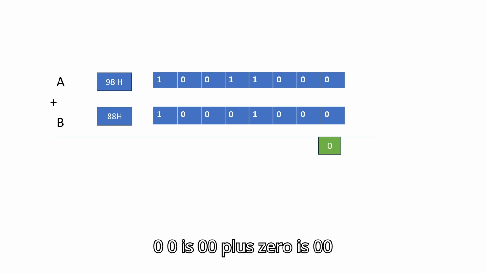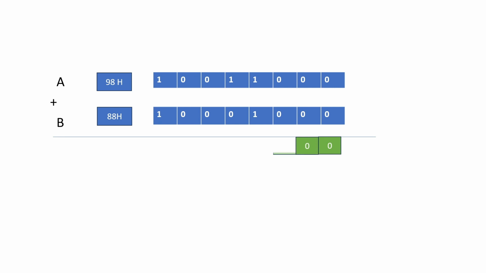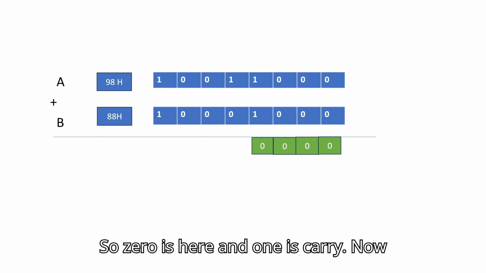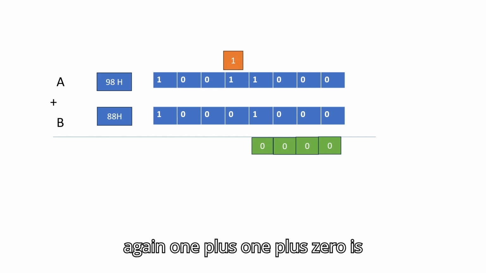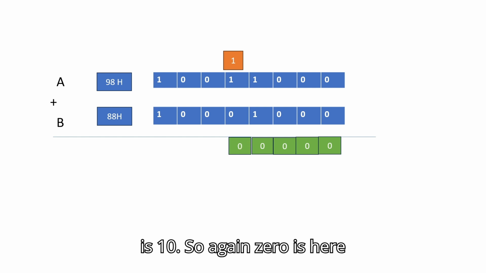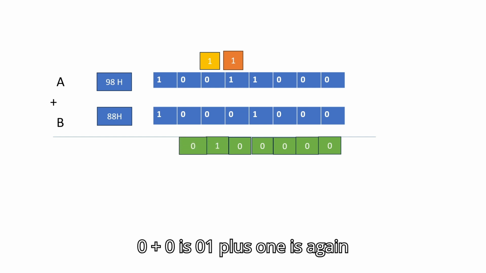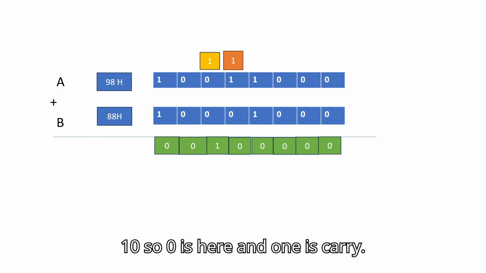0 plus 0 is 0, 0 plus 0 is 0, 0 plus 0 is 0, 1 plus 1 is 10, so 0 is here and 1 is carry. Now again 1 plus 1 plus 0 is 10, so again 0 is here and 1 is carry. 1 plus 0 is 1, and next 0 plus 0 is 0, 1 plus 1 is again 10, so 0 is here and 1 is